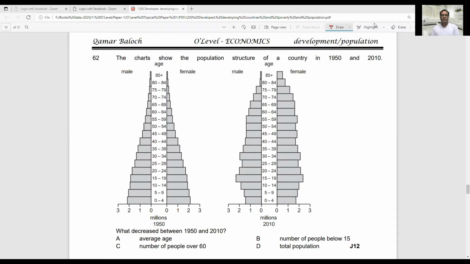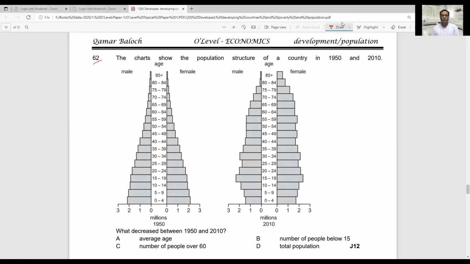Whenever birth rate increases and death rate remains the same, population will rise. And if death rate increases, then population is expected to fall. And on the other hand, if there is positive net migration, then population will rise. So I believe you know all these features of developed and developing countries as well as the population. Now directly moving to the questions.